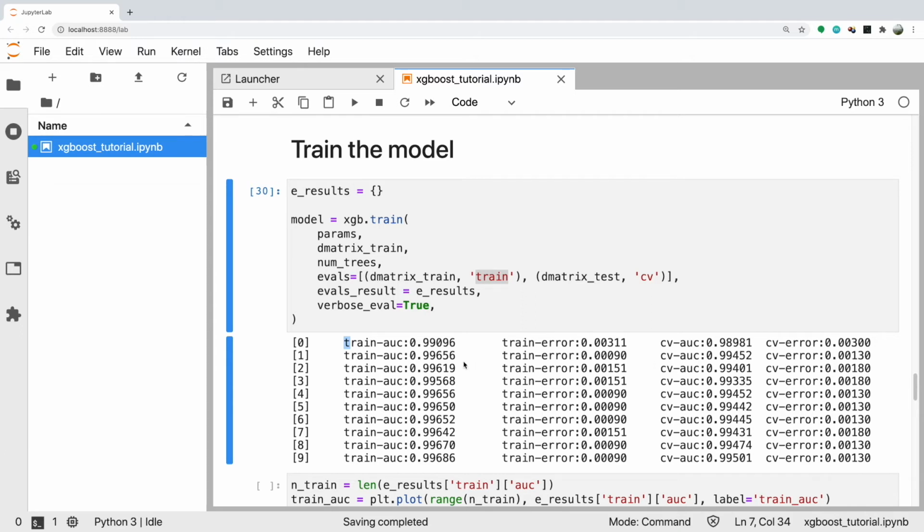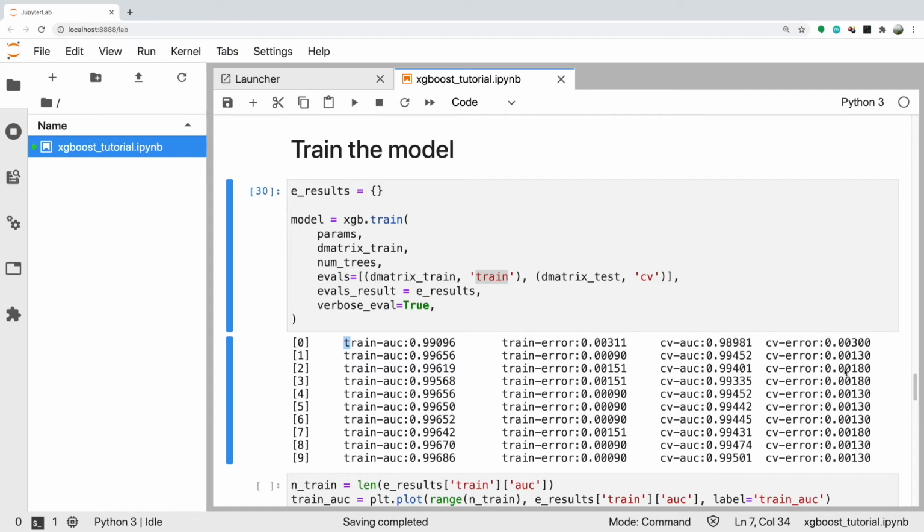Then we will look at the cross validation dataset, which is the other part of the data. Remember that we previously split the data into 80% training and 20% cross validation. This part of the data is not used in training, but we use the model trained on the training data and try to predict how good it is on this data. The good thing is we also see the AUC go up, following the same trend, though not as fast, which is also pretty typical, but as long as it's going up, that's fine, and the error is